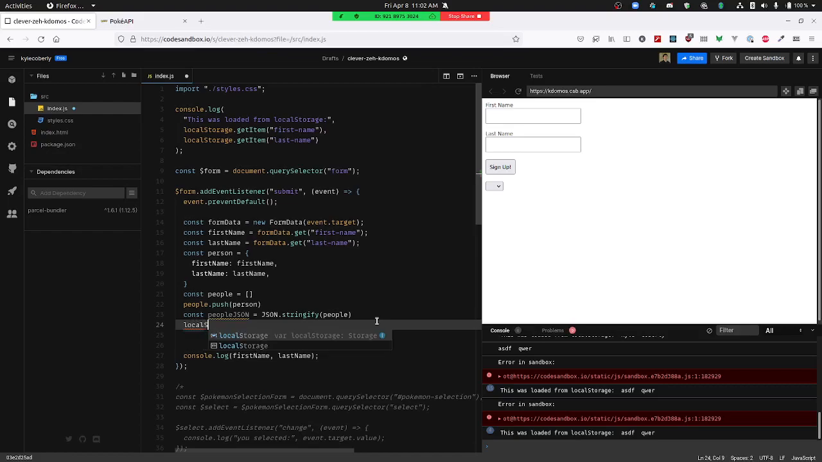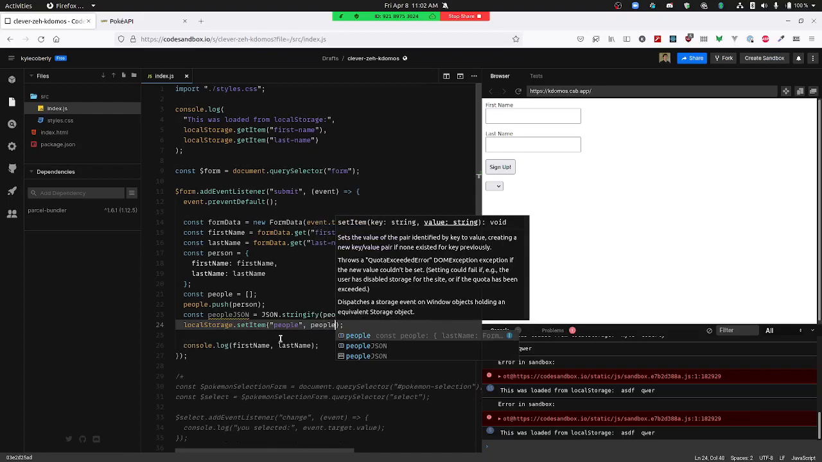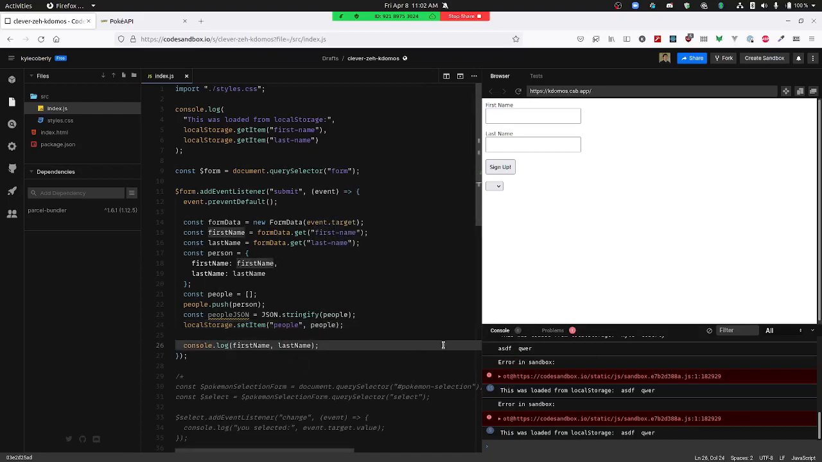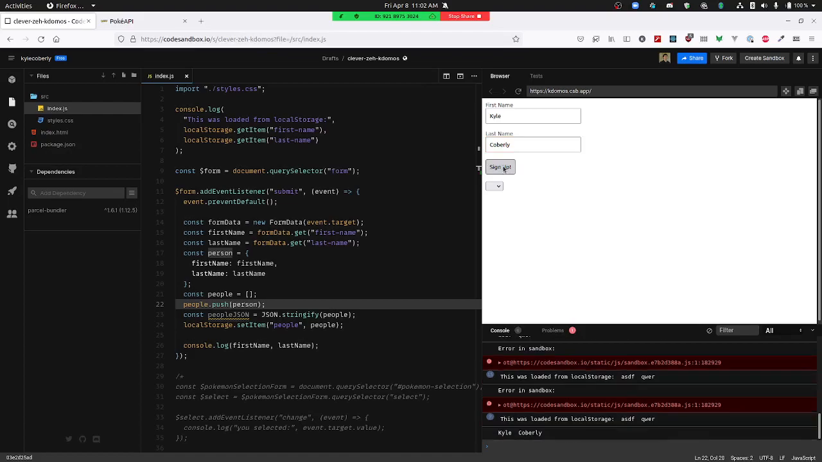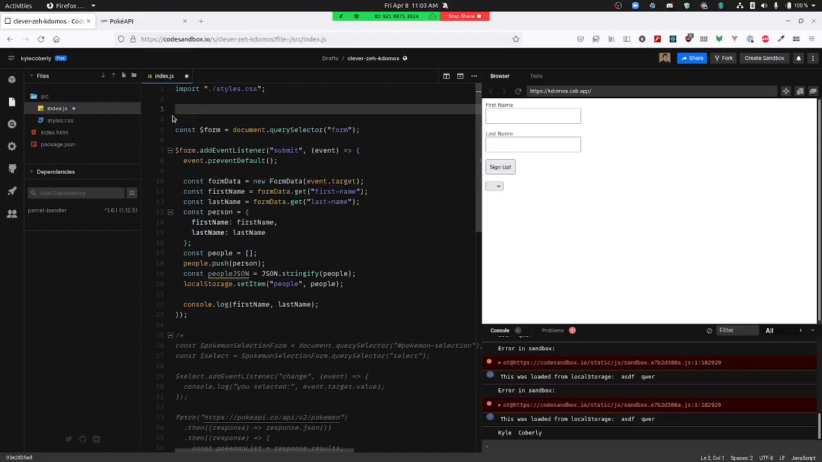So I could do localStorage.setItem people to people. So I have a hunch. I'm a little concerned it might bark at me because I don't think an array can be a top level thing in JSON. Let's see what happens. Kyle Coberly. Nope, worked fine. So I throw that into local storage, and then maybe whenever the page loads, everybody who's previously signed up, I pull those out of local storage